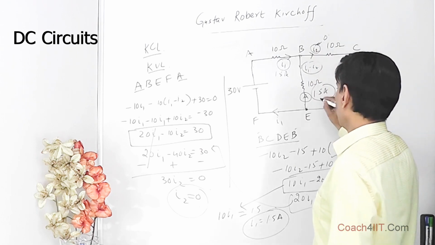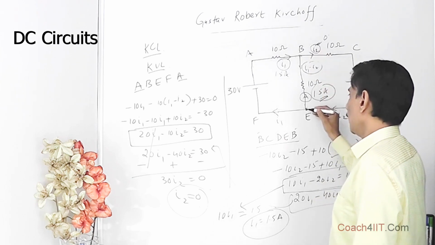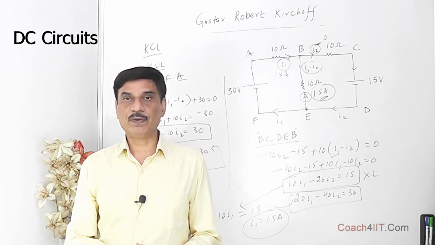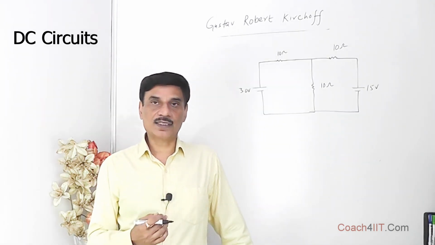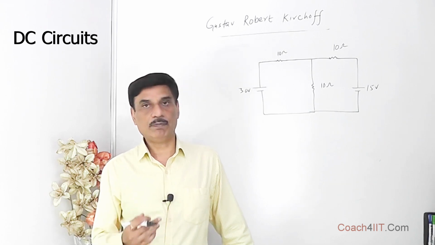So current is 1.5 ampere in this direction, downward direction in arm BE. So the ammeter reading will be 1.5 ampere. Though we have got the answer, let's write the equations for KCL and KVL to have a better understanding